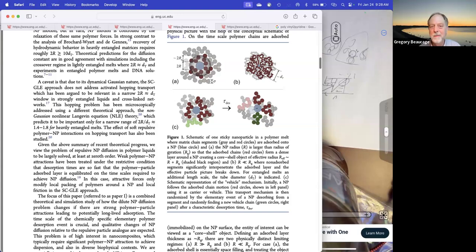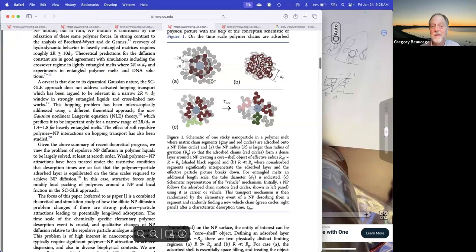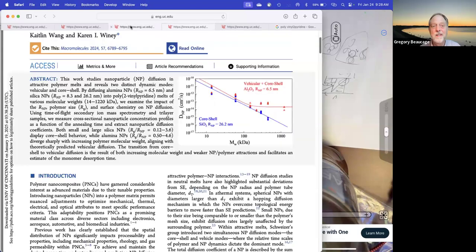One mechanism is this bonding where you have a core and shell, he calls it. So you have a bonding of the chains. That increases the radius. Then you also modify the viscosity, and that's why they get a perfect match. That's the core and shell model. The other model he talks about is a vehicular model, which is something they cooked up. So basically the particles are very small. So in this region, we have very small particles, and the molecular weight is high. At that point, the bonding between the particle and the polymer,